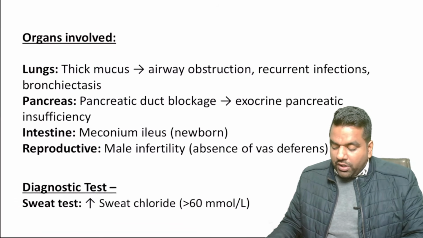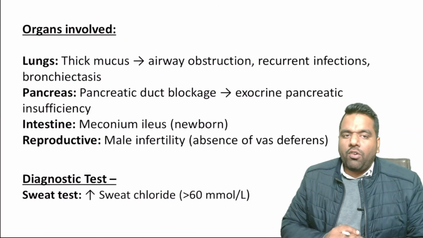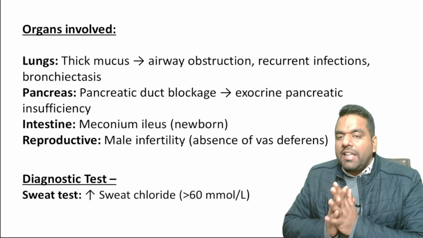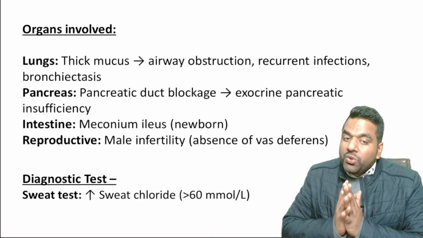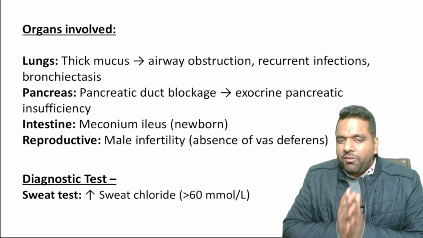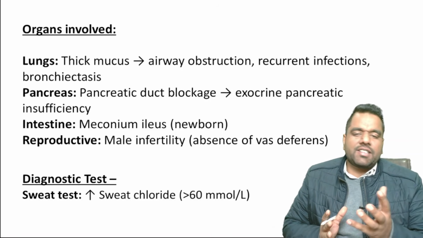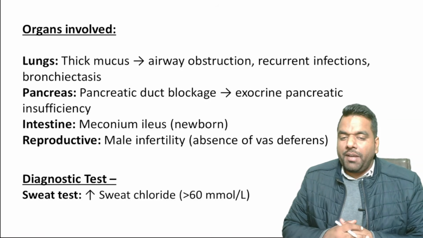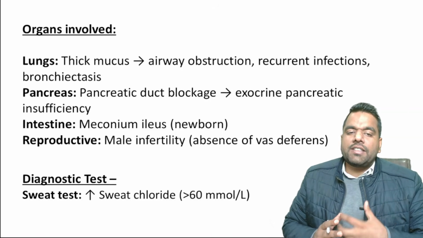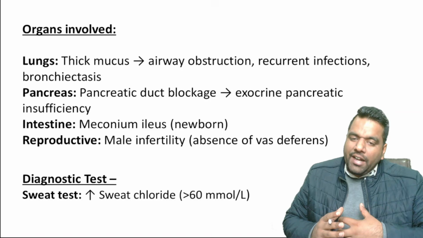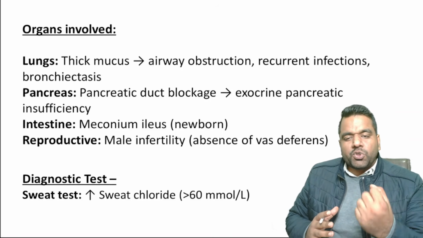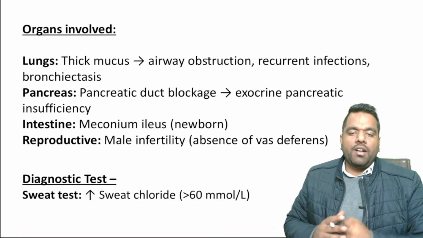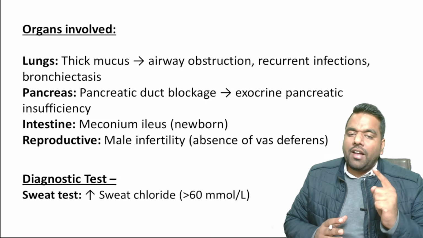A few things you also have to remember: the organ involved in this condition is your lungs. Then the pancreas, the pancreatic duct is also blocked because the chloride channel is defective. So everywhere there is thick secretion. In the intestine, there will be meconium ileus in the newborn. What is the meaning of that? The meconium, the first stool after birth, cannot come out because it becomes so solid. So it obstructs the small intestine, most commonly the terminal ileum,